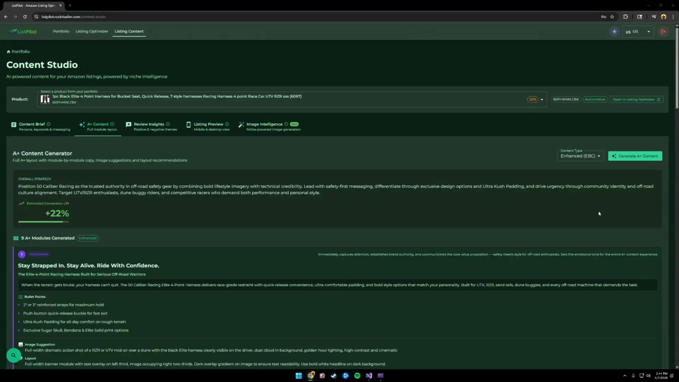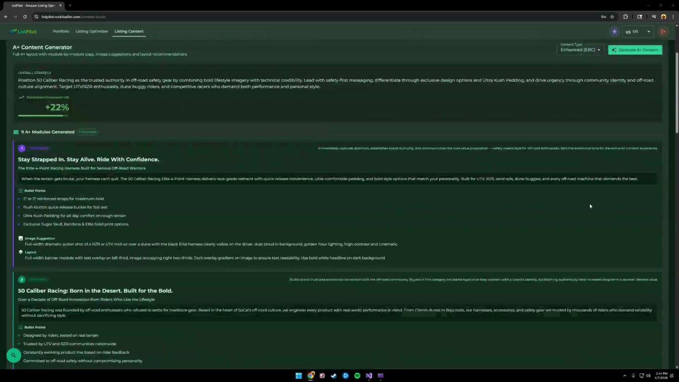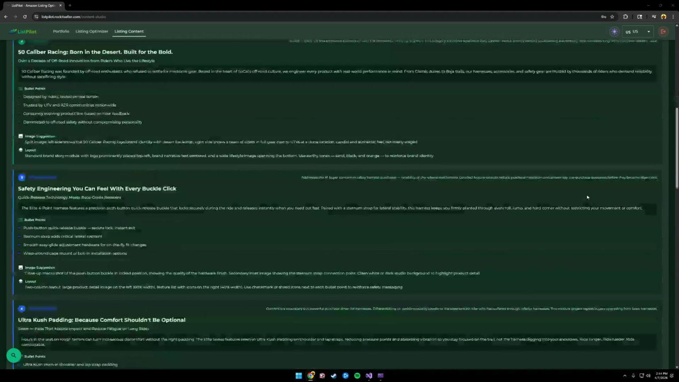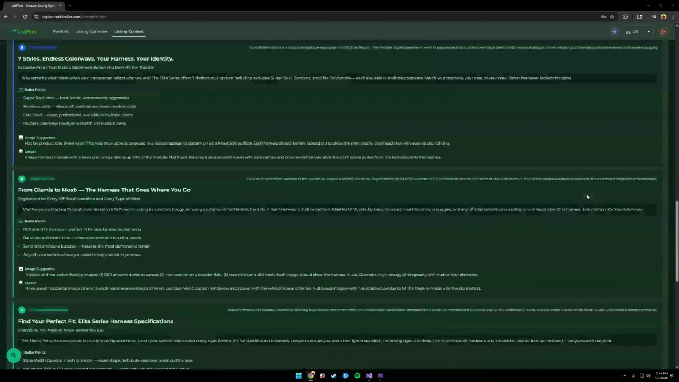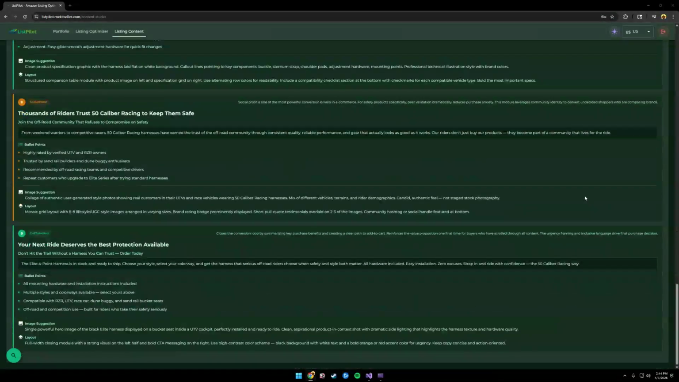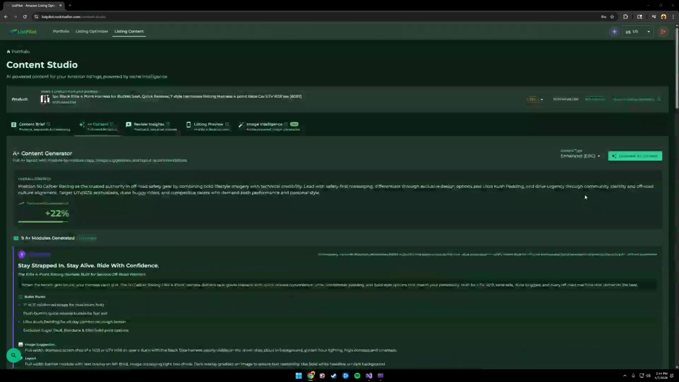A plus Content generates a full Amazon A plus module layout. Hero module, feature grid, comparison chart, brand story, all pre-written from your product data and the content brief. Copy this directly into Seller Central's A plus Content Manager, and each module maps to Amazon's actual A plus module